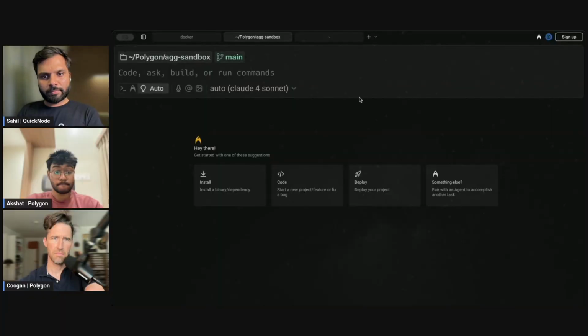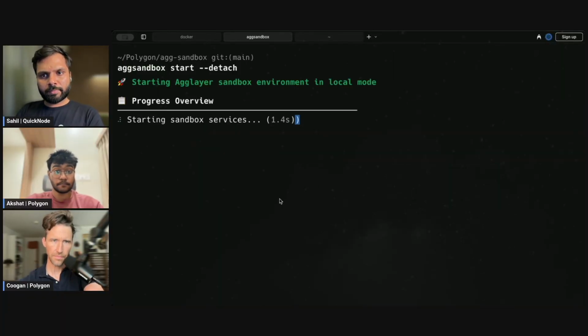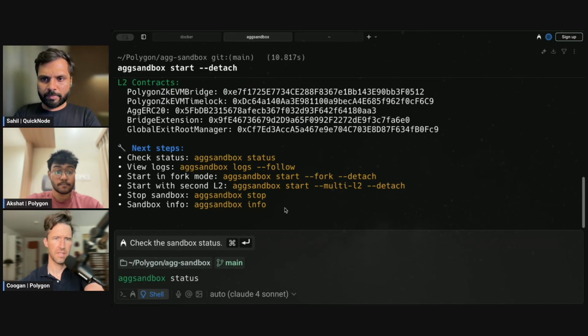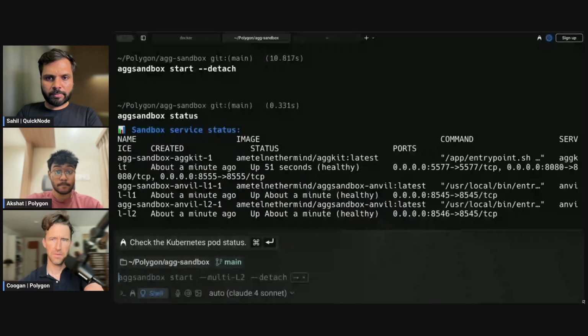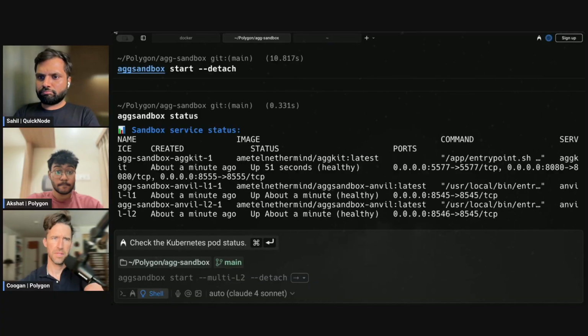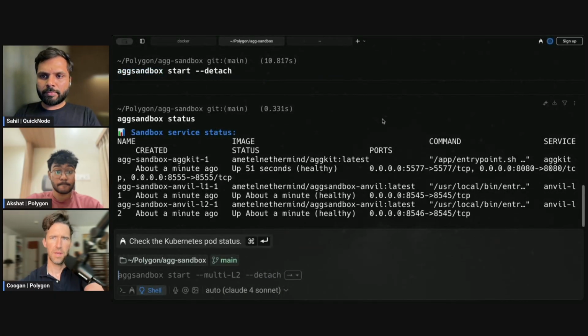So we should be able to then start up here. When we start up, it just takes a few seconds. It's running, and then we'll just check the status here. Okay, so now we've been able to clone the repo, pull it down, start it up, and we can check that all the different services are running. We have AgKits running. We have 2 different instances,